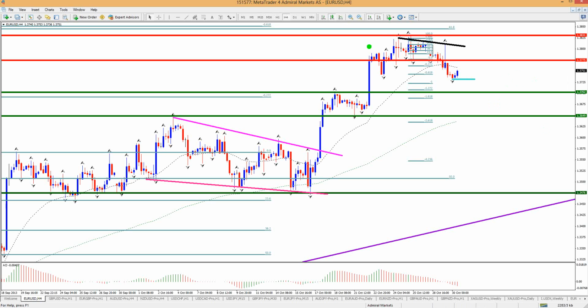Yeah, indeed, there could be a small head and shoulders here. Maybe something like that, true. So I do think that we could move into that zone. But from where and how long, that's the thing with those corrections. They can take very long to materialize, and there could be a lot of choppiness in general.